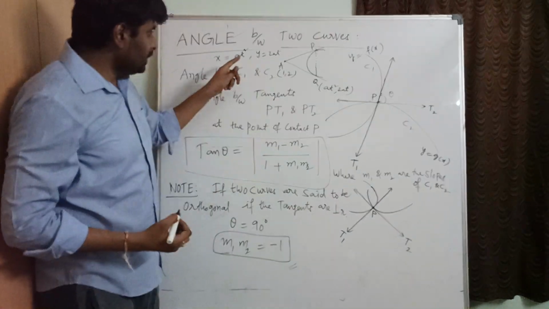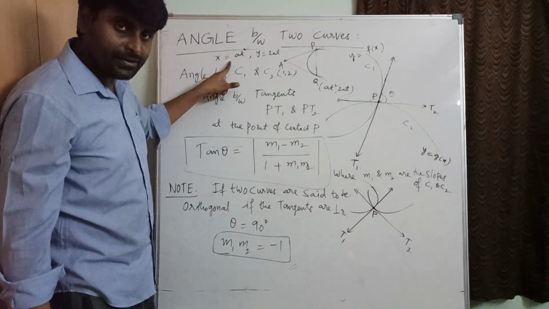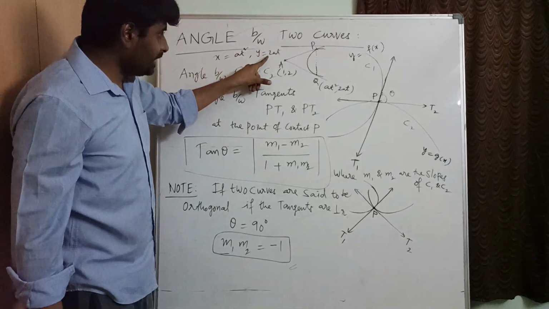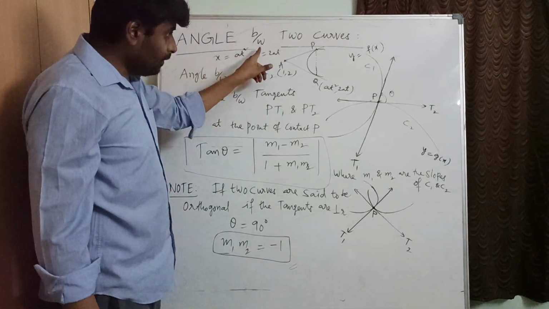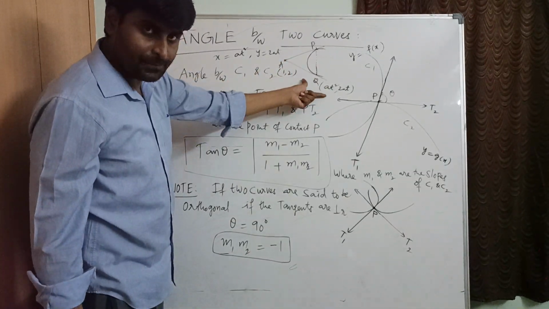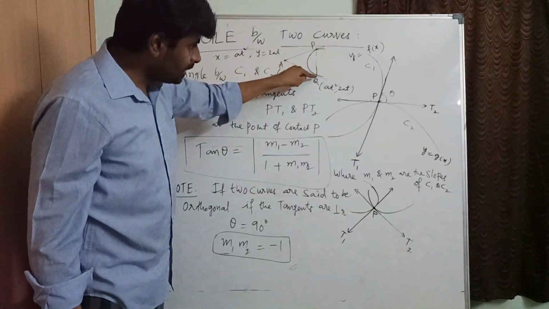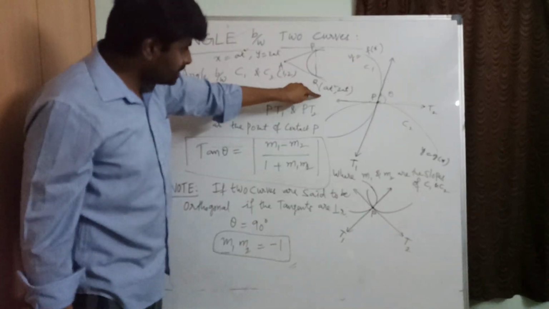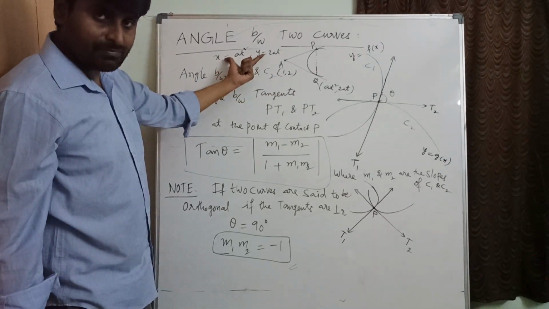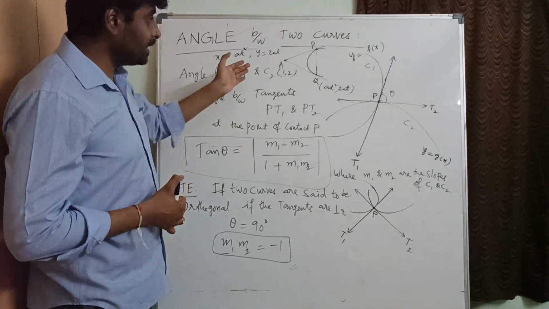Now, whatever you find as the slope of the tangent, generally how can we find the slope of the tangent in parametric form? dy by dx equals dy by dt divided by dx by dt. After finding dy by dt by dx by dt, that value should be equated to the slope of this tangent. Anyway, 2 points are available here. The slope through these two will be equal to the slope of the tangent only, because this is also one of the tangents, and it can be equated to the slope of the main curve, which is obtained from dy by dt by dx by dt. Then we'll get the value of t.